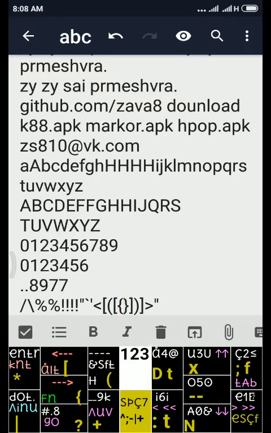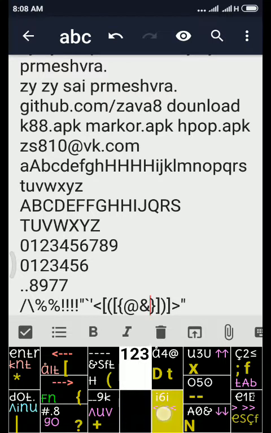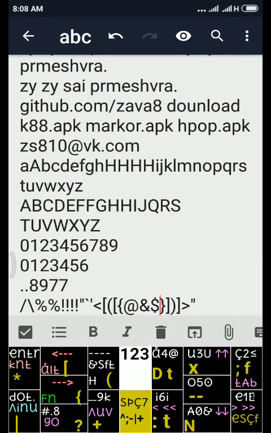Now at the rate, because at the rate and ampersand are grown with shift keys. Now dollar is grown with the yellow key, and hash is also grown with the yellow key; hash is also there on a normal white key.